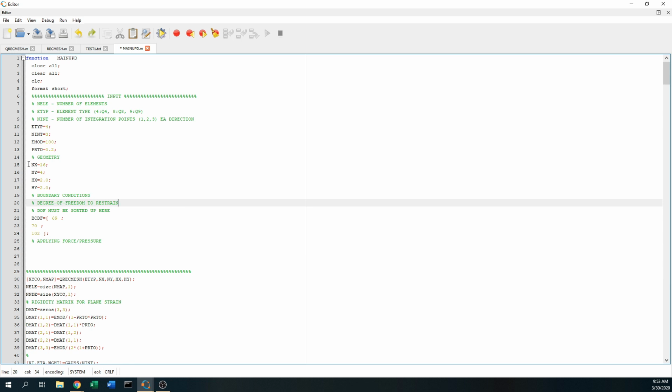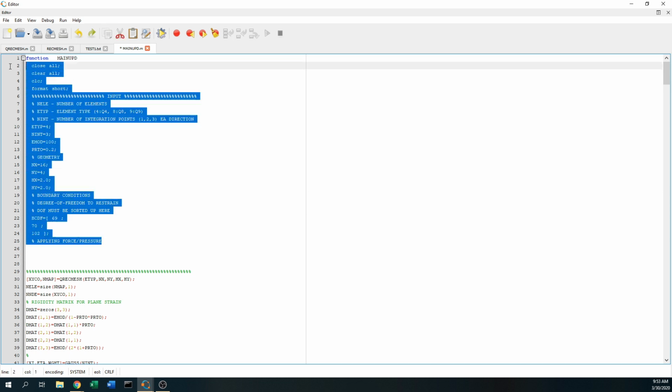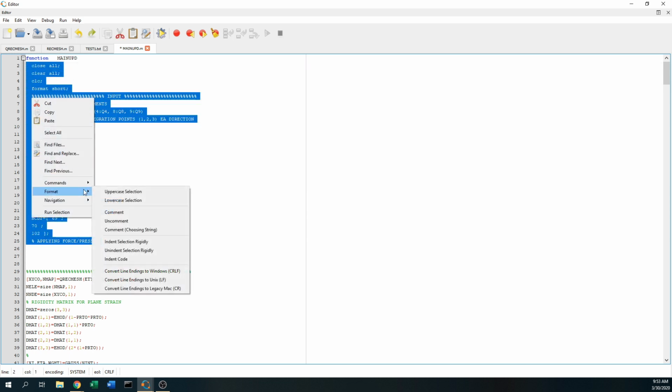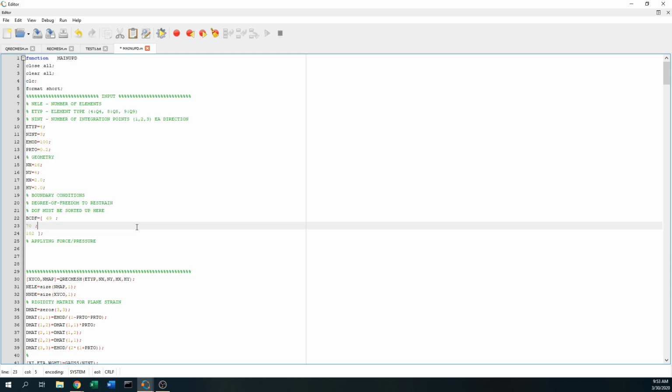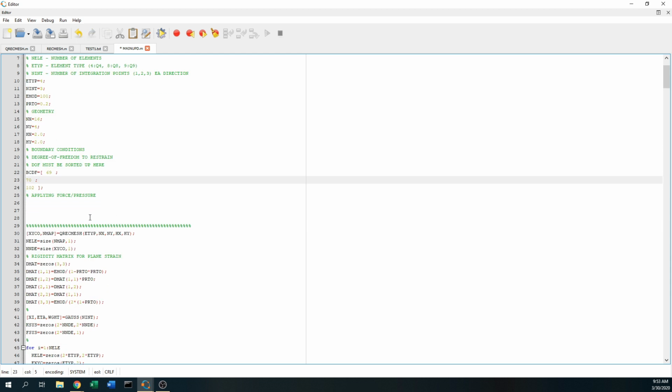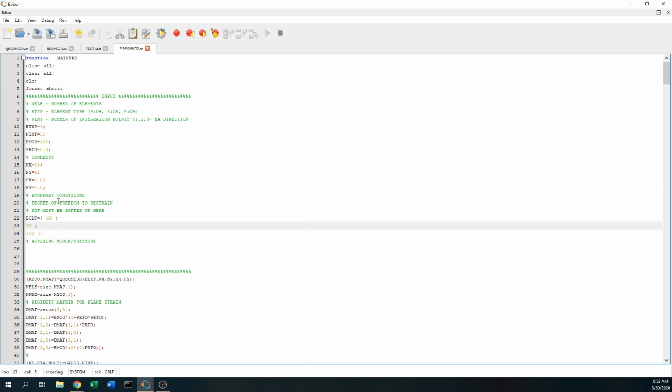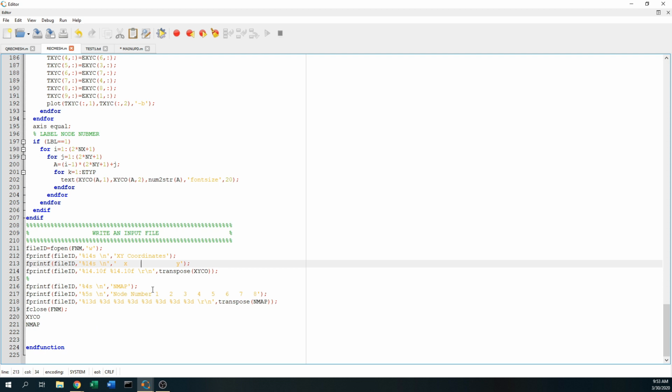Geometry, we don't need to talk about this anymore over here. What? Format unindent. Okay. It looks normal now. Element type, do we need to specify? Basically this rect mesh over here, this is